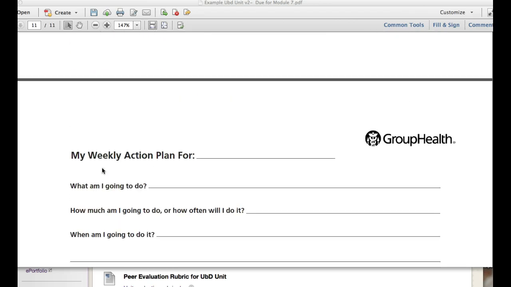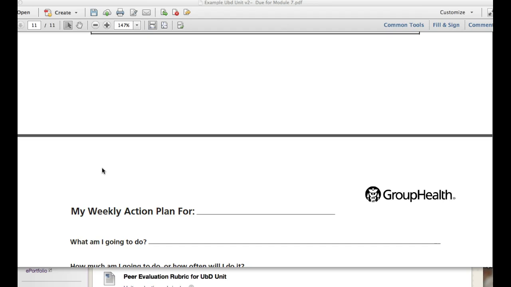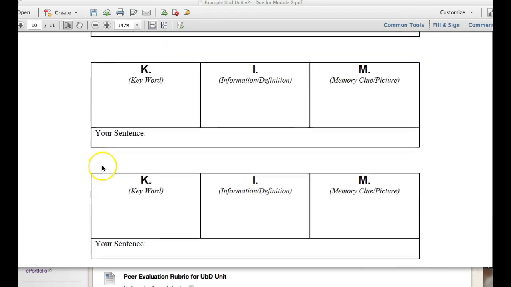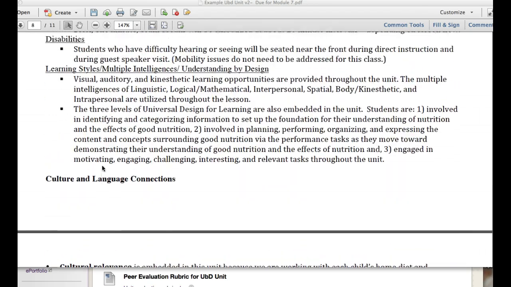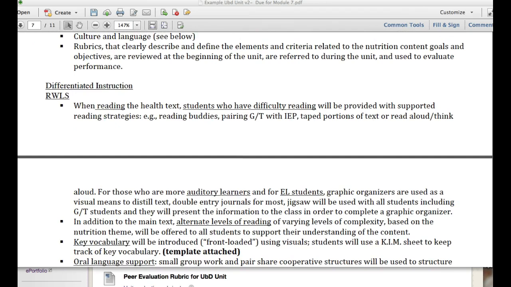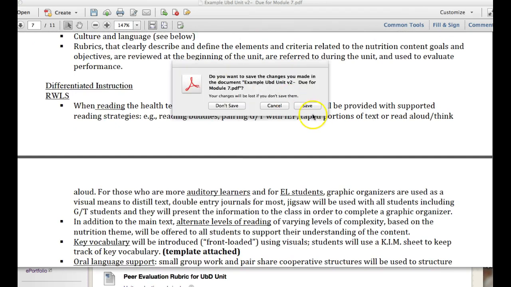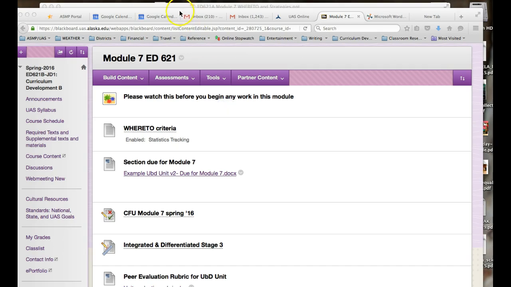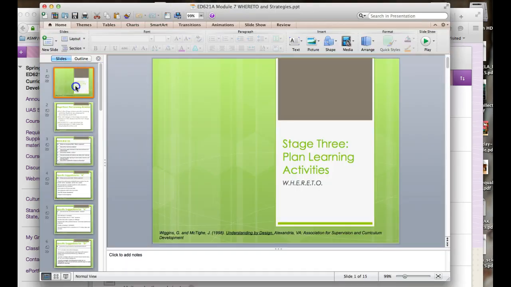Now remember that I told you don't put more than 3 graphic organizers. So if you have a ton of them, choose the ones that really are meaningful for your lesson, and just make a little comment about the other ones, and it's all good. So with that, I hope that you understood that. We'll move on to the PowerPoint,